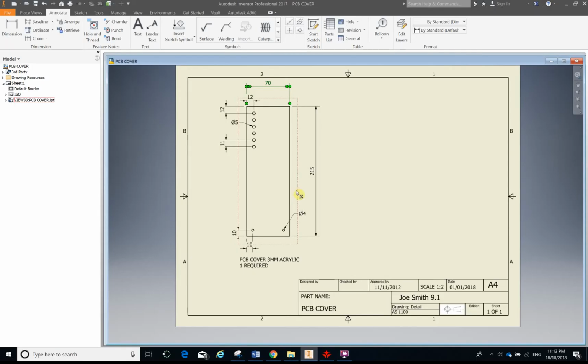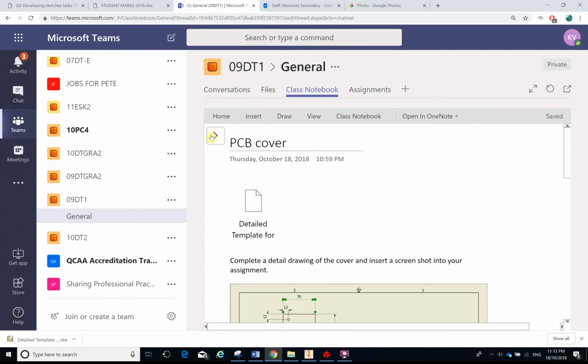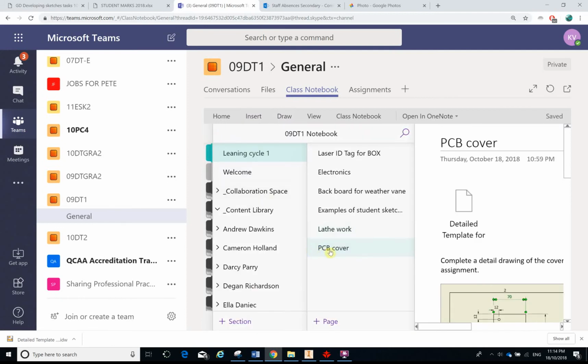For one of your tasks in the assignment, you need to create a detailed drawing showing the development of your PCB cover. To do that, it's very simple, and I'll just quickly show you how to do it in this video. So if you were to go into Teams and you click on the PCB cover,